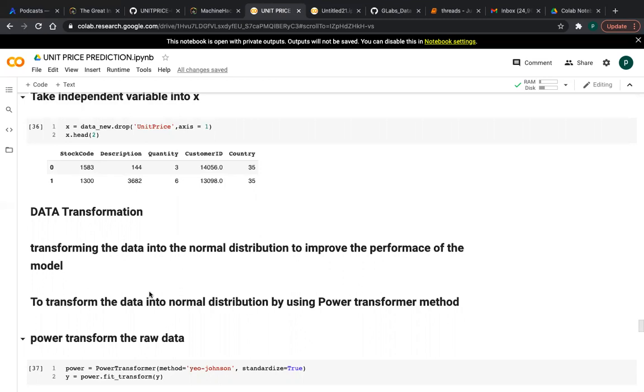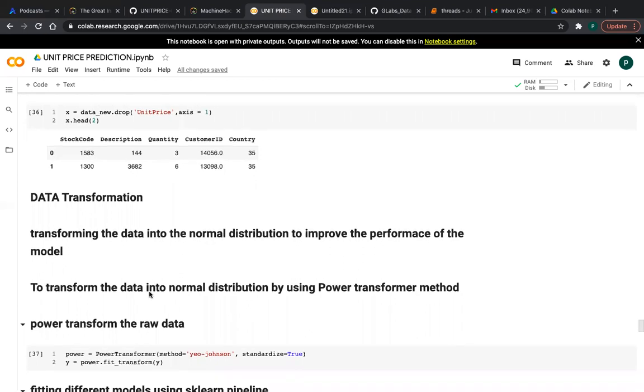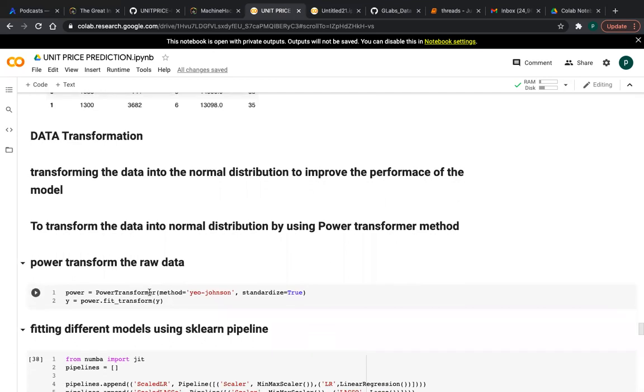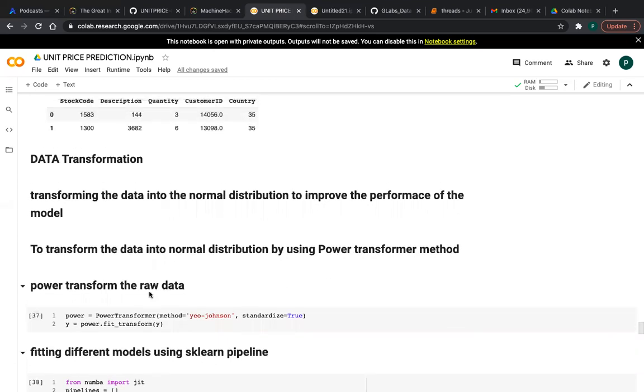So in sklearn we have one method, the power transformer method. What does this power transformer do? It will do scaling, it will do standardization, it will do all the data transformation process. You can import this method, and scaling, data transformation, and standardization will all be present in it, friends. So there is no need of importing scalers and all the other stuff.